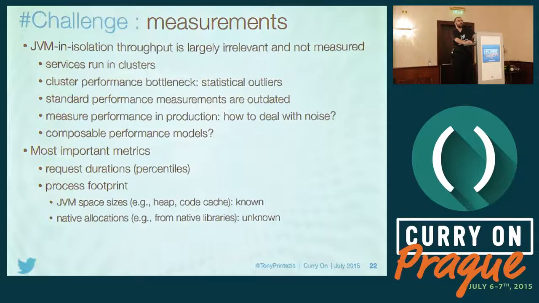So the most important metrics that we care about are basically how long individual requests take for a particular service in a particular cluster. Then we look at percentiles: 50th, typically an average, I think, and then 99, 99.9, up to 5 nines. That's generally the most important performance metric that we look at, and also process footprint. Because a lot of the time we could throw more calculations on the machine because there's still CPU available, but we've maxed out the memory. So we keep a very close eye on the footprint of processes.